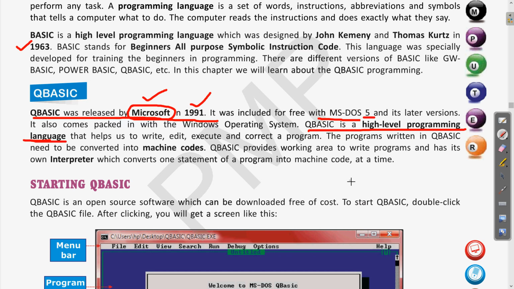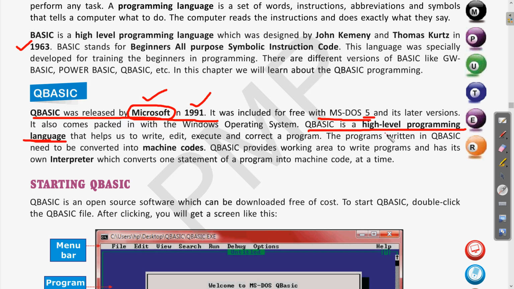Then there are machine level languages, where the codes will only be understood by the machines, in the form of 0 and 1 or something like that, as the computer uses binary coding, so that is only easy for the machines. For us humans, it would be very difficult to write a program in machine language. Clear? So that is why we use a high level language, and when we work with it, the programs are translated or converted to machine level language. So this is the concept of high level language and machine level language.